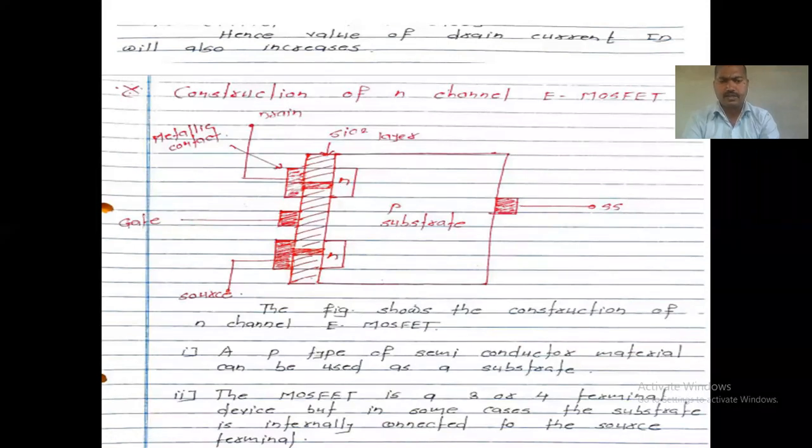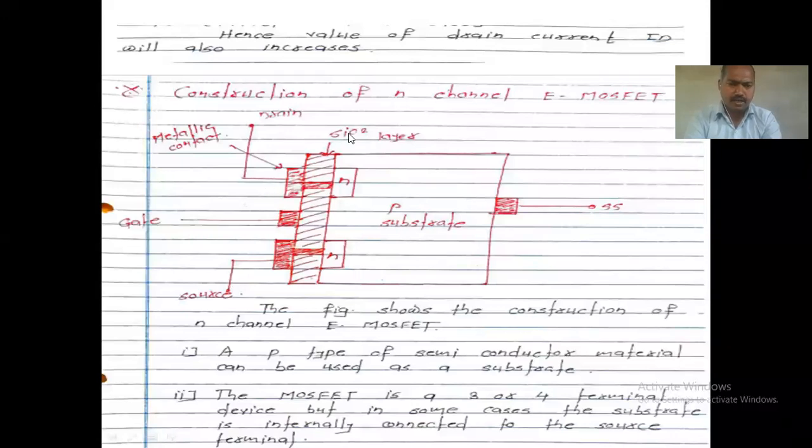So in the same way, in this diagram, the construction of this diagram, you see it has three terminals, right? Drain, sorry, it also has three or four terminals: gate, drain, and source. And the fourth, SS, indicates the substrate terminal. Substrate indicates that it should be internally connected to the source terminal. If the source terminal is not used, there should not be any problem because it should be internally connected with respect to the source terminal.